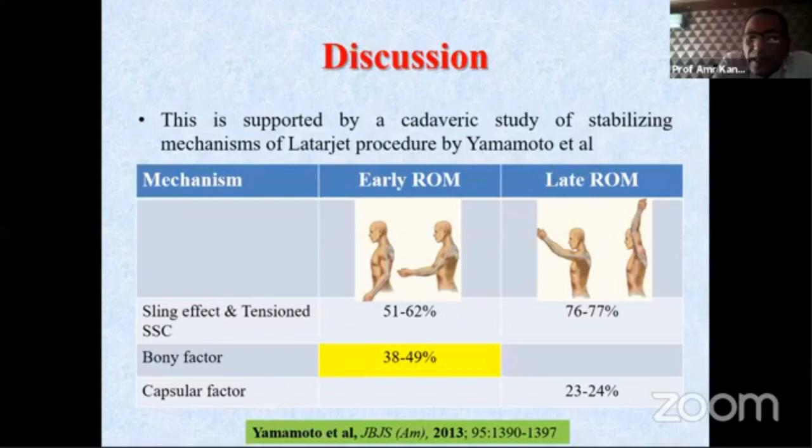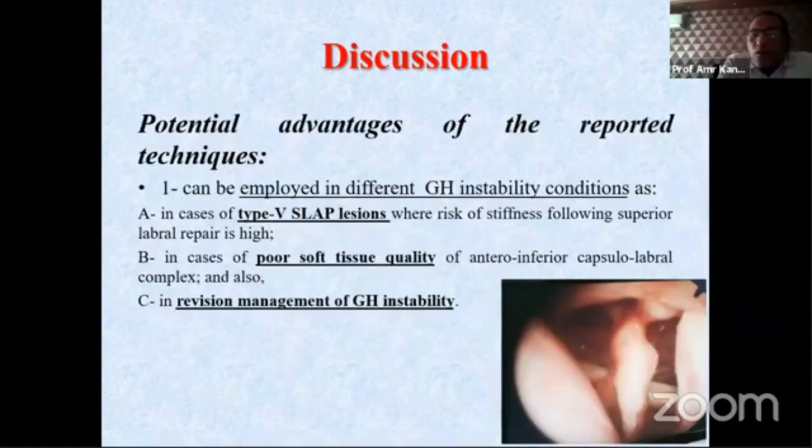This is supported by a cadaveric study of the stabilizing mechanism of the Latarjet procedure by Yamamoto et al., which revealed that the bony factor of the Latarjet procedure is responsible for about 45% of glenohumeral restabilization, mainly in early range of motion. Currently reported techniques might have the following advantage, as they can be employed in different glenohumeral instability conditions